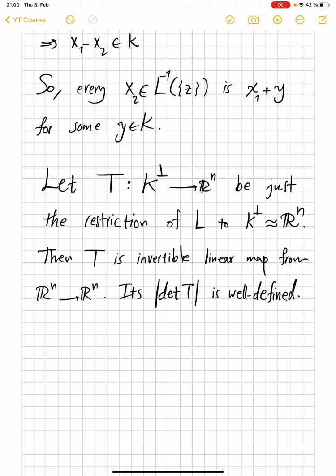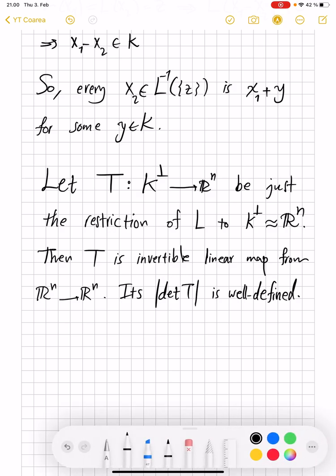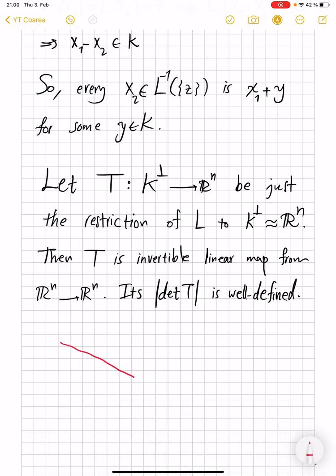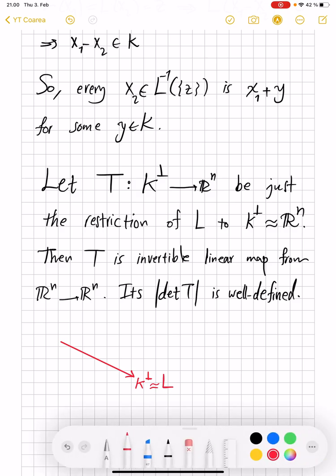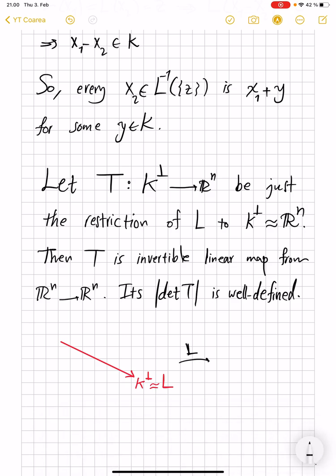So what is happening here? What's happening here is that we have the kernel of L complement. So this is effectively the part of the space Rm where L acts in a non-trivial way. And it maps, of course, or T. So when restricted to this, we have given it a new name. This will help actually to avoid some confusion with notation. So here's Rn. So when restricted to this orthogonal complement, L in fact is just an invertible map, and this is the actual part of L, because